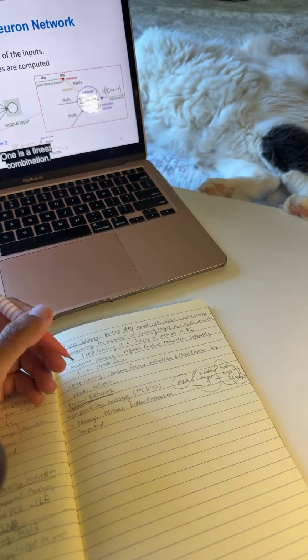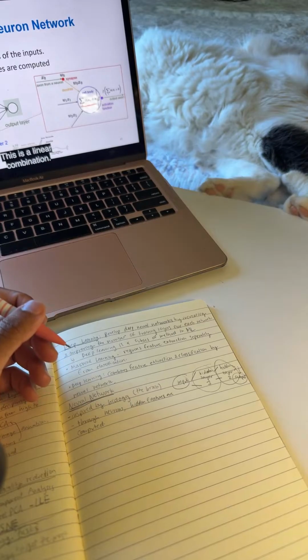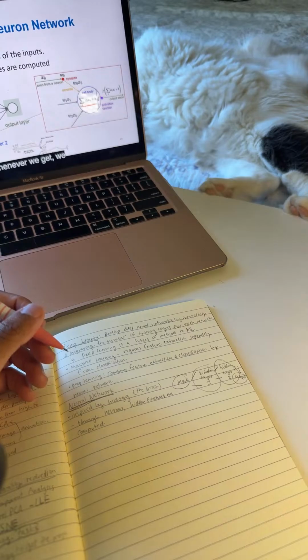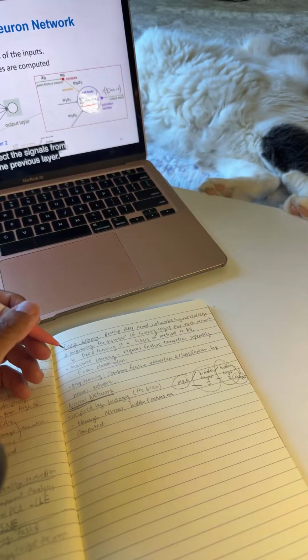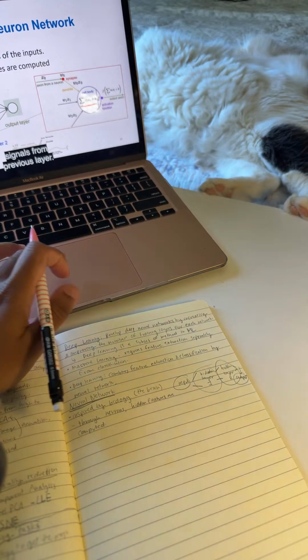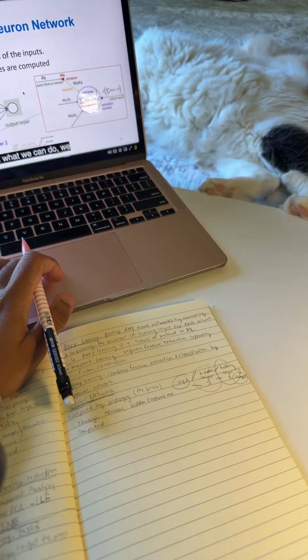What we do here, we have two stages inside each neuron. One is a linear combination. So this is a linear combination. Whenever we collect the signals from the previous layer, suppose here we have 4 signals. Let's call them x1, x2, x3, x4. We receive those 4 signals from the previous layer. Then